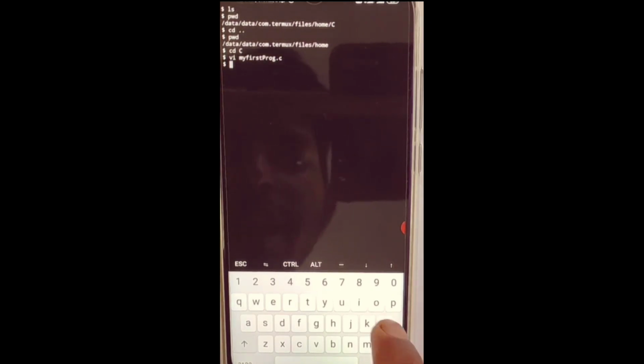How to check that? ls command, list of files and folders. Now in the C folder you can see my first proc.c. Again, if you have a confusion that some mistake has been done, you can do the same thing. Type vi my, press Tab, it will come automatically, and Enter.